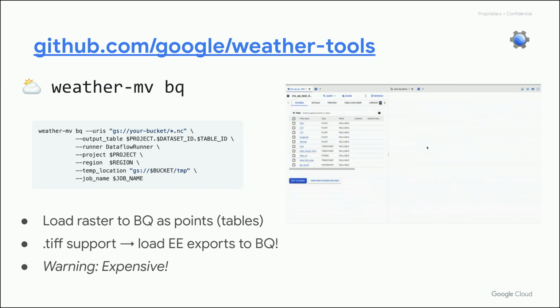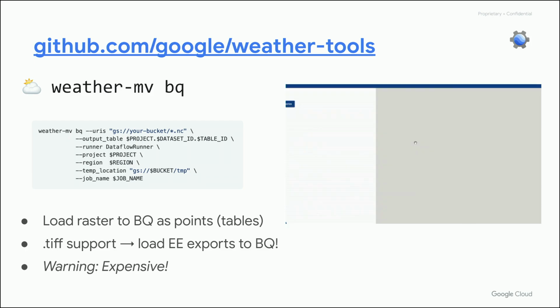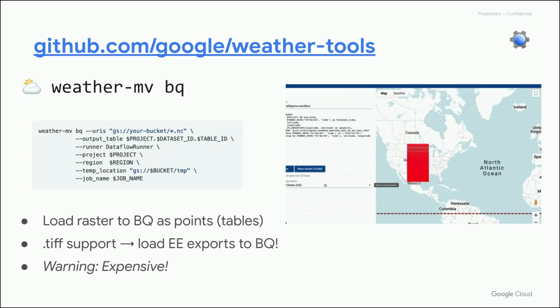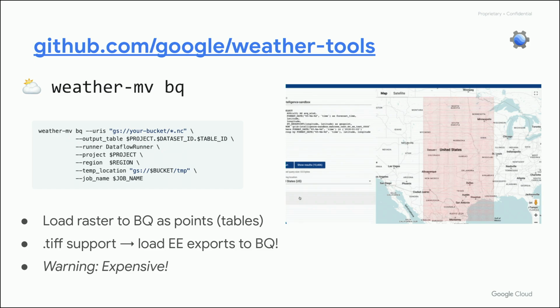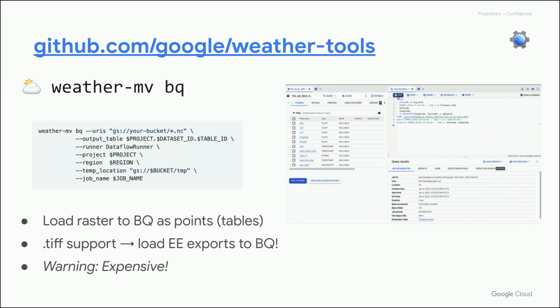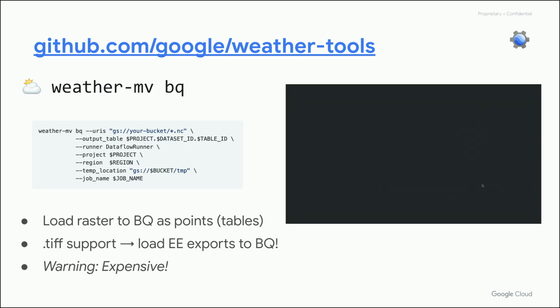They have really great analysis tools and ways of querying data. I mean, SQL still reigns true as the most democratized language out there. With Weather Move BQ, you can take data that's in NetCDF or GRIB format and load it as tables into BigQuery. What's really exciting too is that we've used Earth Engine's export system with Weather Move BigQuery to automatically export data from TIFFs and then pipe them into BigQuery